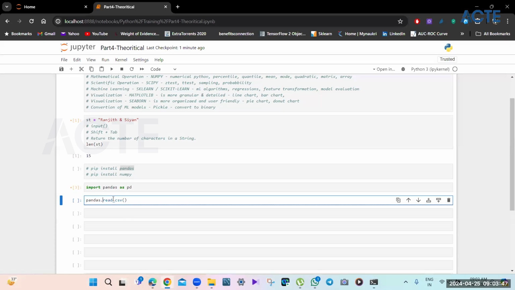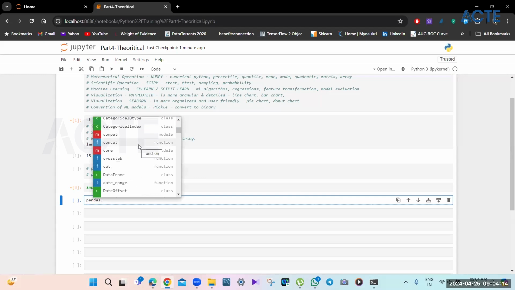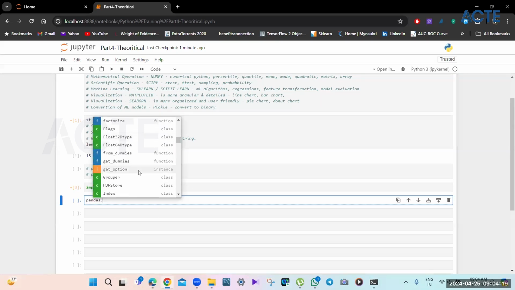Otherwise, Python will get confused about where to take this read CSV from. Is it from NumPy, or is it, let's say, some other library that also has a read CSV? So Python will get confused where to look. So what we have to do is first write the module name dot, and then write the function. So if you do it like this, pandas dot and then tab, it will show you all the existing functions that are there within that particular module. So what are the things that we can do?